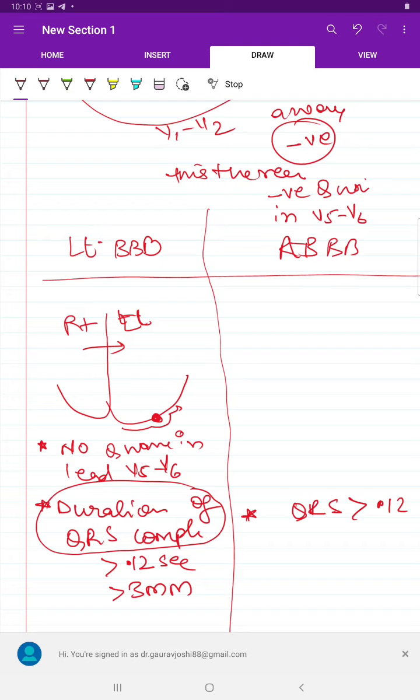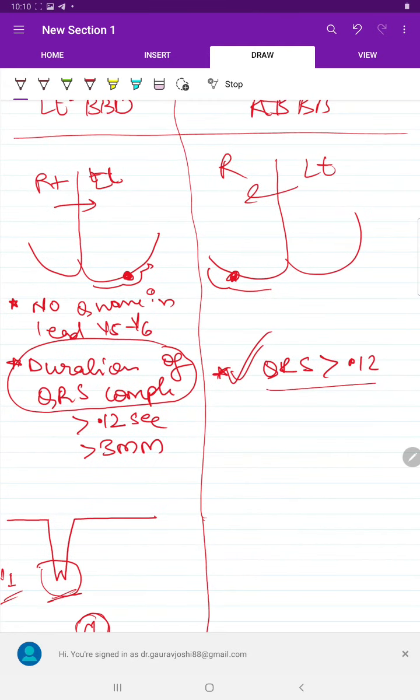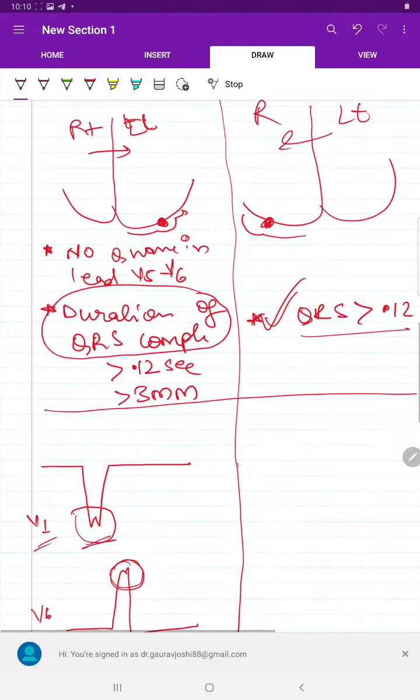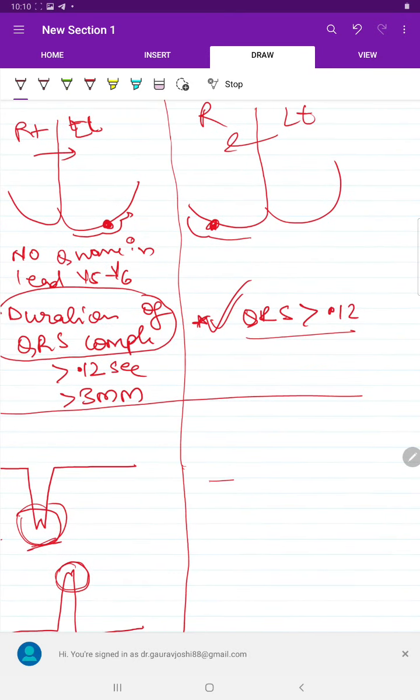Now coming towards the right bundle branch block. In right bundle branch block, the current follows the same pattern as normal from left to right. There is a delay in conduction, so QRS is more than 0.12. This is common in this. In left we found the M pattern in V1. Here we will find the